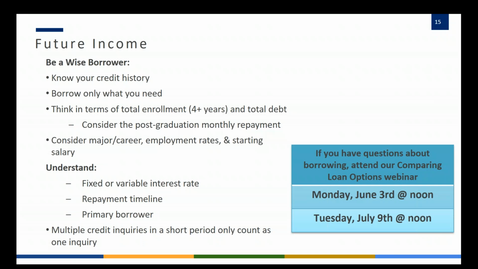However, as I mentioned earlier, we try to get them to only borrow what they need. Even if they're able to borrow the full $20,000, for example, they can put some of that on a payment plan, apply some savings, and then borrow what's left over. It will help reduce their overall cost.